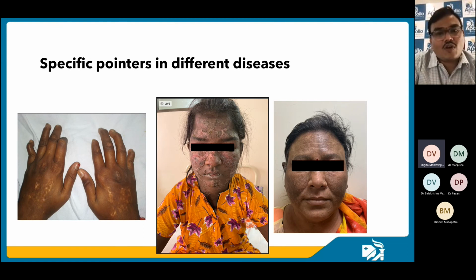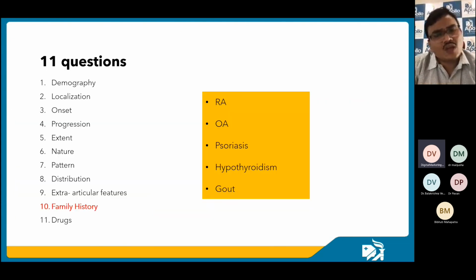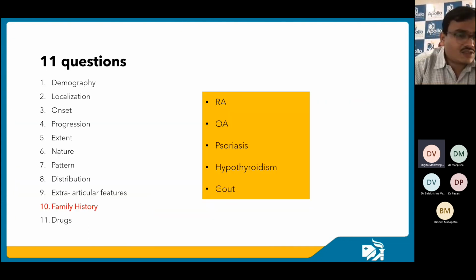So this is an example of a dermatomyositis patient, a patient who has a typical malar rash which is similar to that of SLE, but they will have a diffuse hyperpigmentation with a heliotrope sign. So these are the specific pointers we have to look for when we see a patient with arthritis. The last but one question is a family history, because presence of a first degree relative